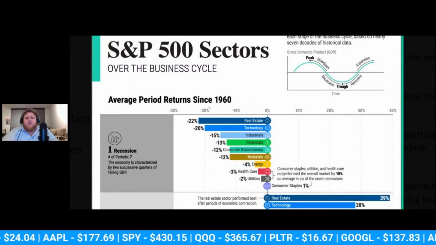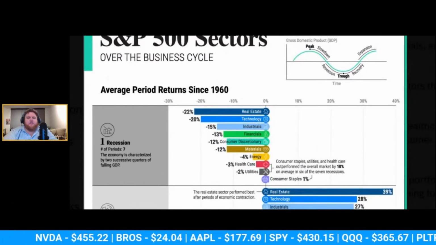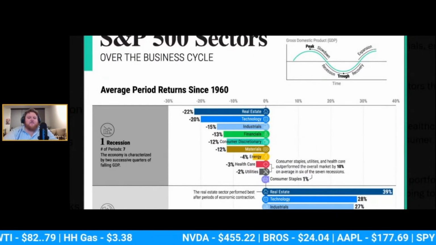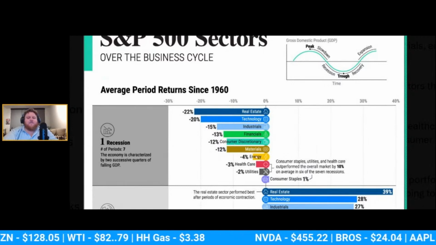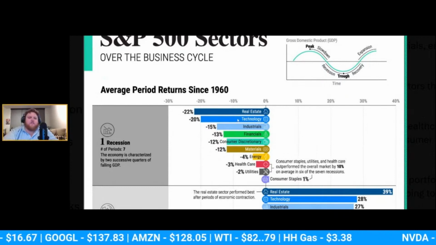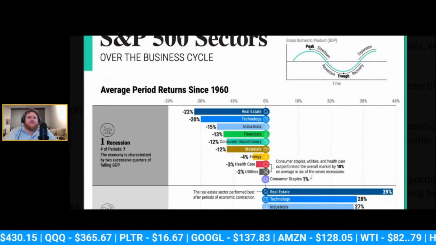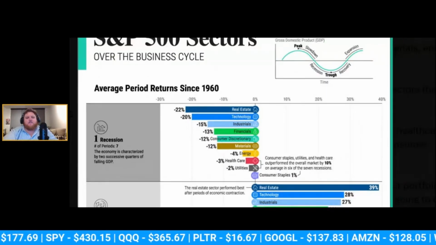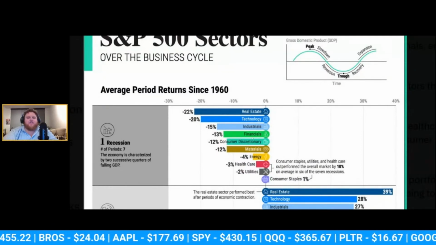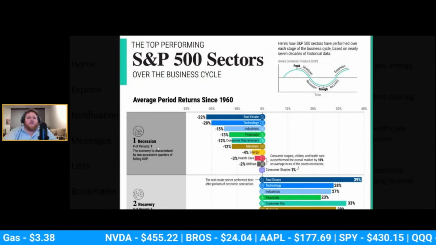Looking into the recessionary times, which is what we're coming up onto, it might explain why certain sectors like real estate, industrials, and financials are starting to take a little bit of a dive. As you would expect during most recessions, most sectors will take some sort of impact. This is real data measured since 1960. It's not made up data or speculation. This is legit data looked at over the last 7 periods of what we would call recessions.